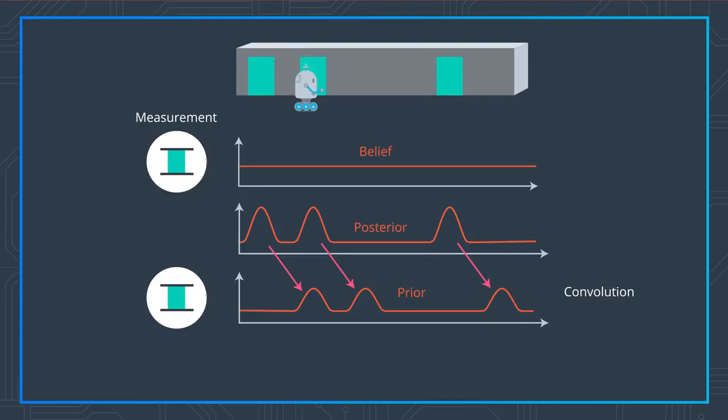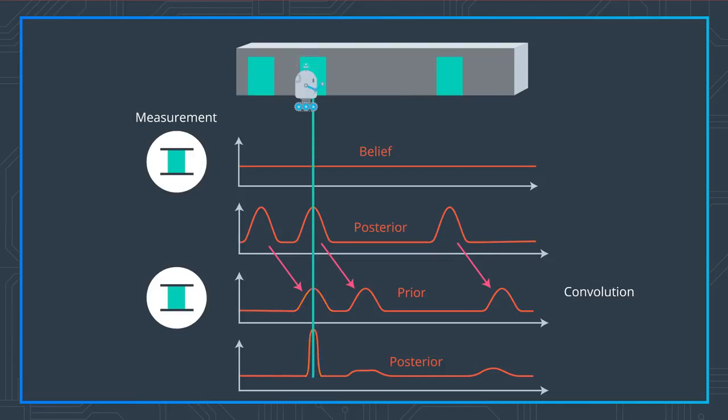Now the most amazing thing happens. We end up multiplying our belief, which is now prior to the second measurement, with a function that looks very much like this one over here, which has a peak at each door. And out comes a belief that looks like the following. There's a couple of minor bumps, but the only really big bump is this one over here. This one corresponds to this guy over here in the prior, and it's the only place in this prior that really corresponds to the measurement of a door, whereas all the other places of doors have a low prior belief.